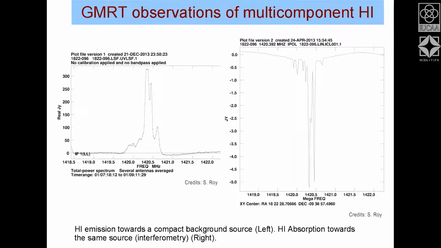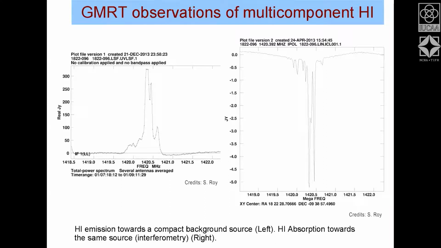But then how will they contribute? Remember, in that direction, what we are looking at is also a compact background source. Remember, as I said, the HI temperature is like 4000 Kelvin in emission, in absorption maybe 100 Kelvin. But the background source which you are seeing has what is called synchrotron emission. I don't know whether you have heard of it, but the main thing is that it is called non-thermal, meaning the process by which it emits is not a thermal emission. It involves high energy electrons, which form cosmic rays and so on. These high energy electrons are responsible in that background or extragalactic source, whose temperature goes to 10 to the power 12 Kelvin.